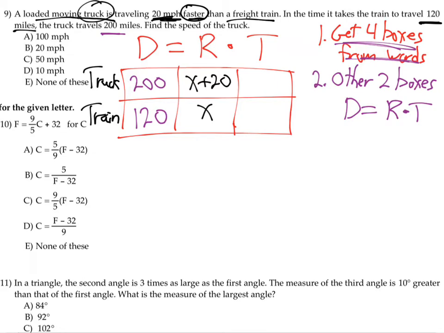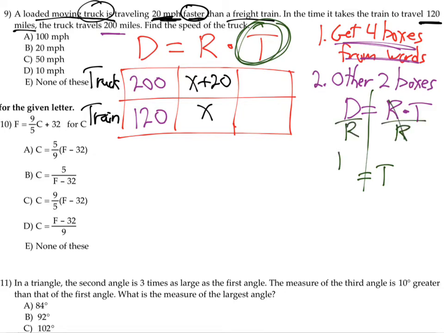Those other 2 are time boxes, aren't they? How do you find time? You take this equation, isn't it? It's an equal sign. Here's the wall of separation. I want time. That's what I need. I need those 2 time boxes. I want time. So if you take that D equals RT equation, and T's saying, I want to be alone. I want to find time. How do you get T alone there? Divide by R,